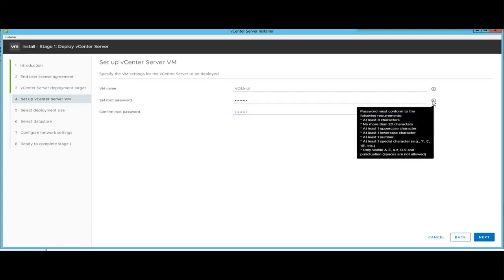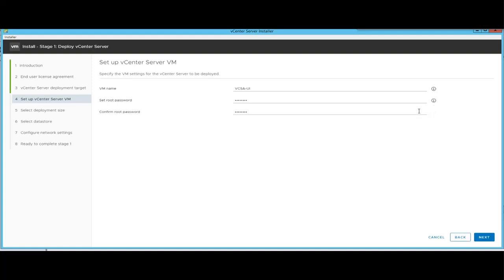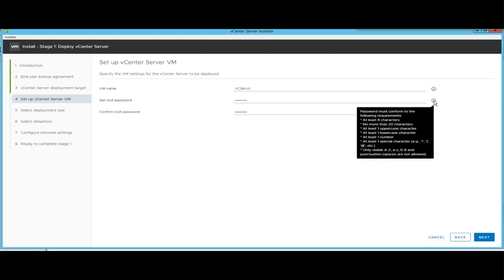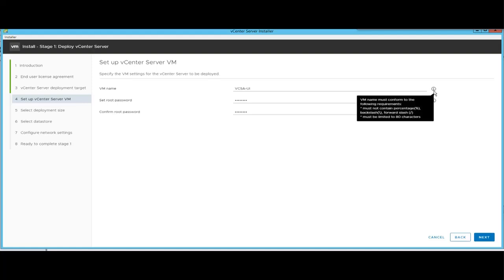If you want to know the strength of password you should maintain, you can click on the I symbol. It shows you what your password should contain. I just hovered my mouse on the I symbol, so it tells you all of that. Similarly, if you want to know what name you have to provide, you can click on this. It says it must not contain a percentage sign, and there are a couple of other things it should not contain. I'll click on next.